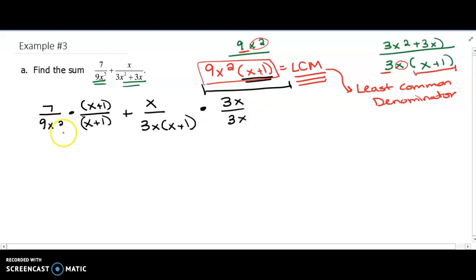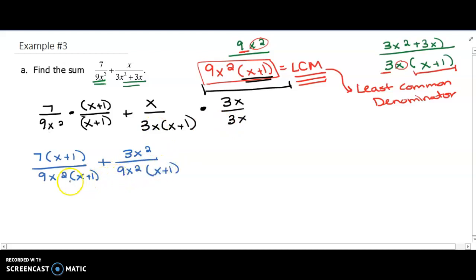Okay, so when I do that, remember we're multiplying, so we multiply straight across, so I'm left with 7x plus 1 over 9x squared, x plus 1, plus x times 3x is 3x squared, over 3x times 3x is 9x squared times x plus 1. Okay, now this turned out very nicely because now I have these same denominators, and so I can just add